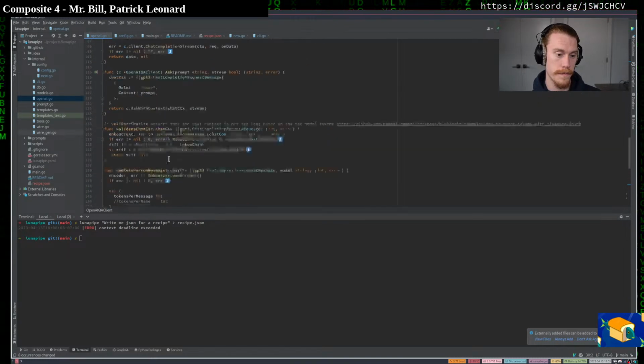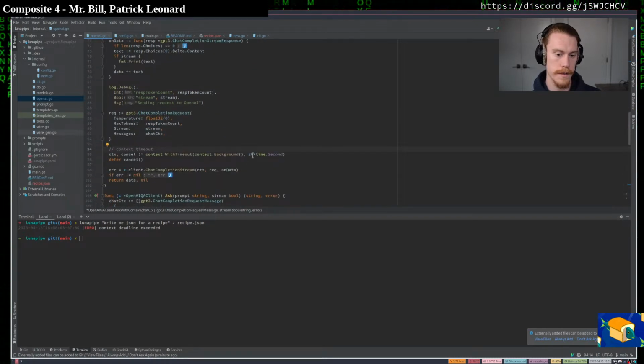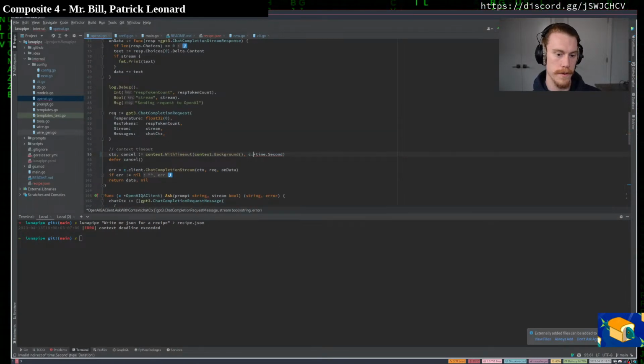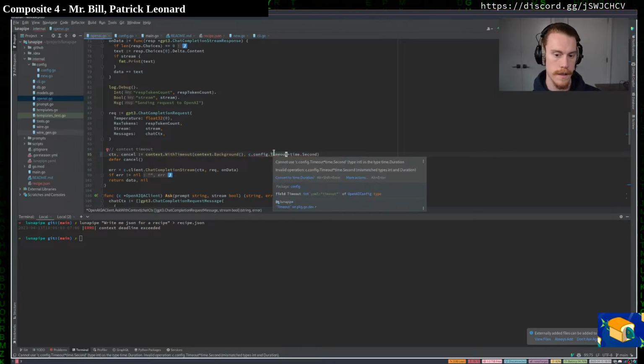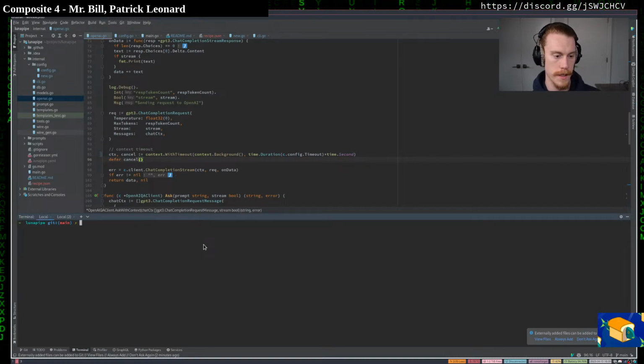So we wanted to look at the timeout right there. So now we can say, what is our pointer reference, c.config.timeout. Okay, so we have to cast it. Okay, cool. So now we can edit our config,